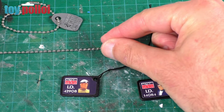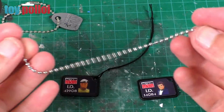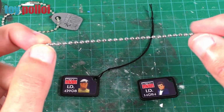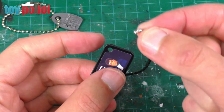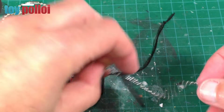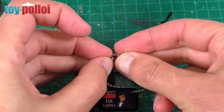It's surprisingly long actually. This is 15 centimeters long, but that feels about the right length to go around Action Man's head. And this is 2.5 millimeters in diameter. You can buy them in all sorts of different diameters, but as the hole is 3 millimeters, I thought a 2.5 millimeter diameter one of these beaded chains would work quite nicely. So we can thread that through there like so. Threads quite nicely and connect it together,